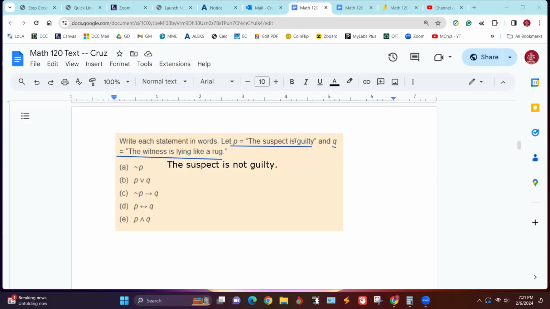Because P is the suspect is guilty, then not P means the suspect is not guilty. This is P or Q, so that's the suspect is guilty or the witness is lying.